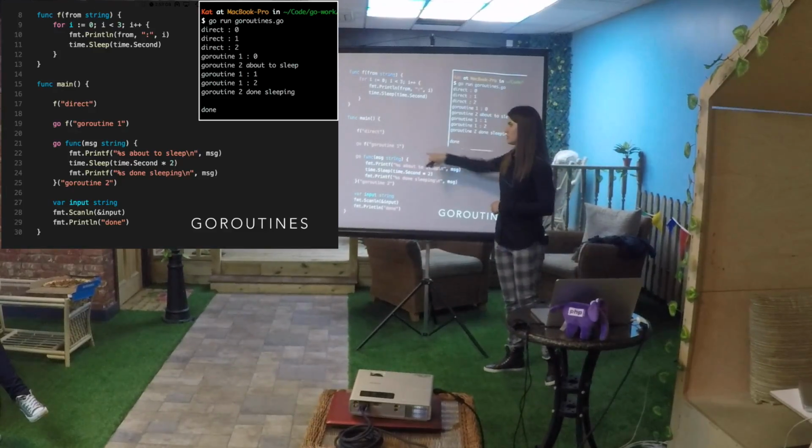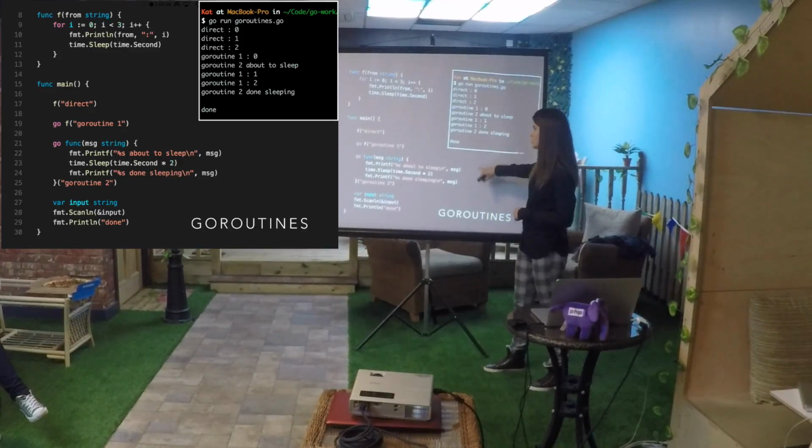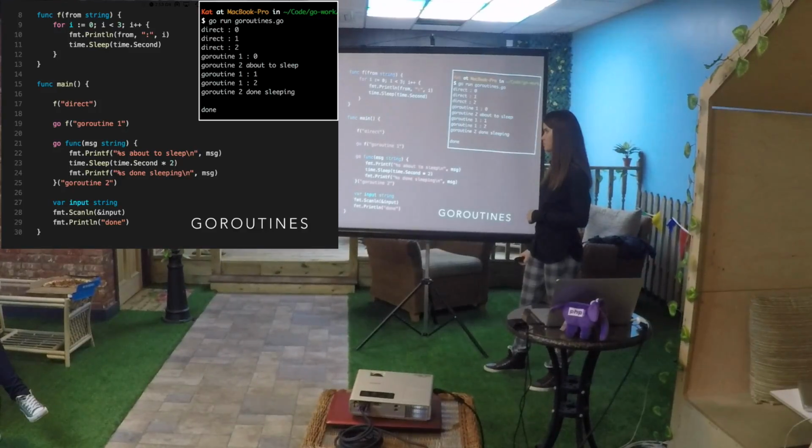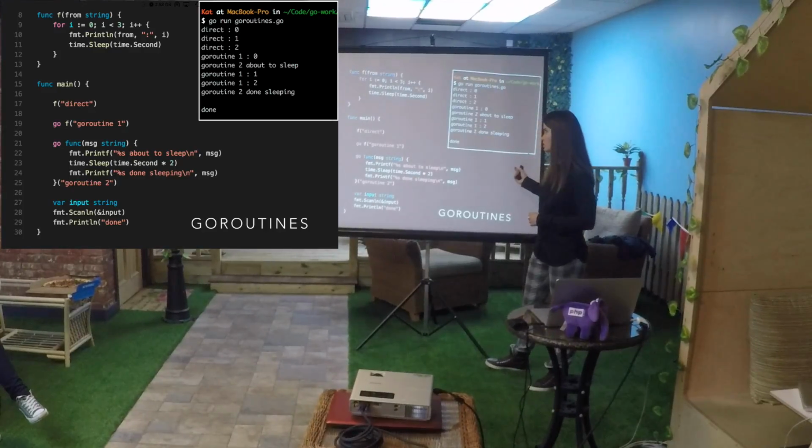And then we're spinning up a Go routine here. And then right away, we're spinning up another one. These two show you the different ways of what you can do with Go routines. Because you can call a function, you can declare a function dynamically, you can start a Go routine in a few different ways. But in every case, you use the Go keyword. It's just as simple as going Go, function name, done. You've got a new thread. So here we're spinning up two new Go routines. The first one is going to still do the same thing as the first call to the function. And then the second one is going to just print out a statement, sleep for 2 seconds, and then print out another statement.